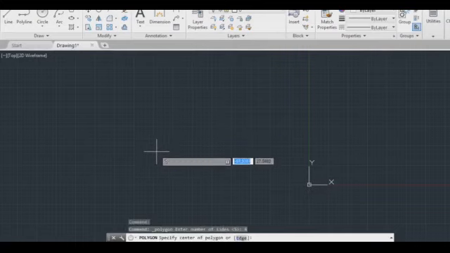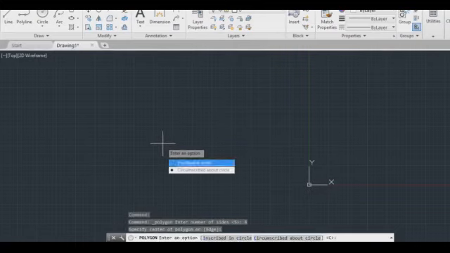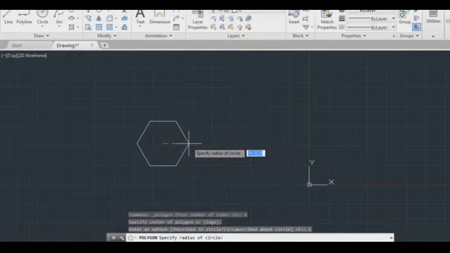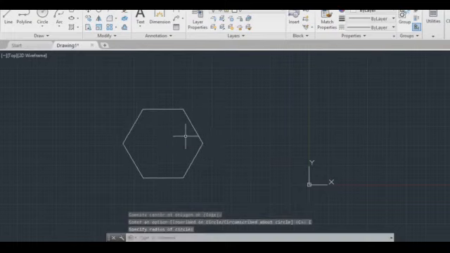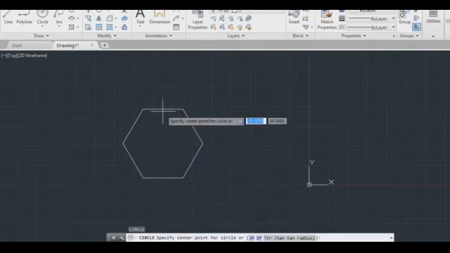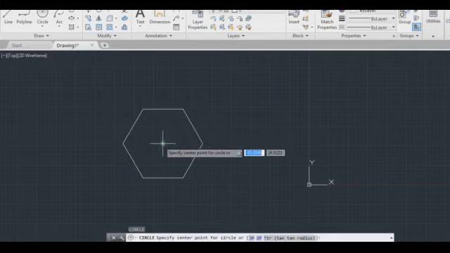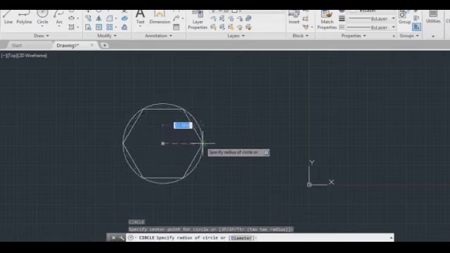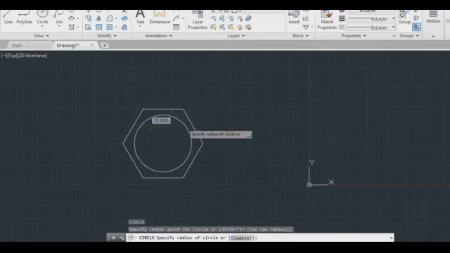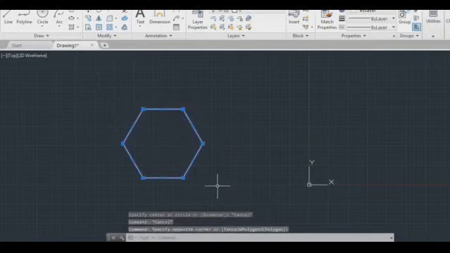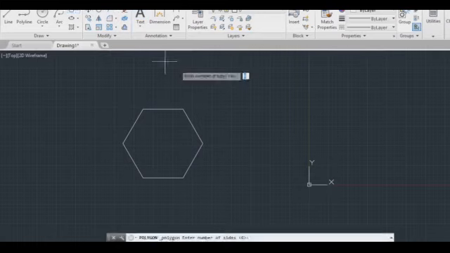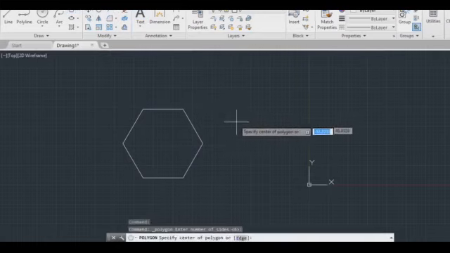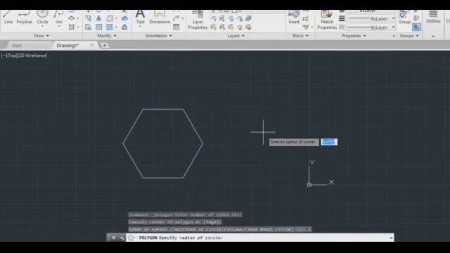Next we have polygon. I gave the number of sides as 5. I will specify the center point and the radius of the circle. This is inscribed in a circle: the polygon is inscribed within a circle. Now I will go for one more option, polygon circumscribed about the circle.